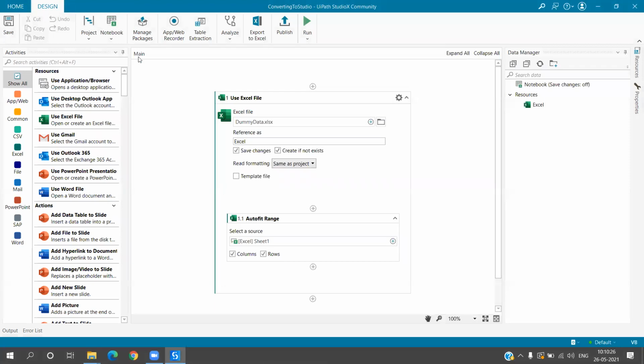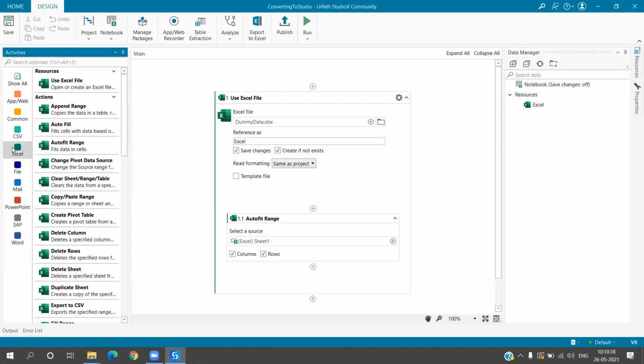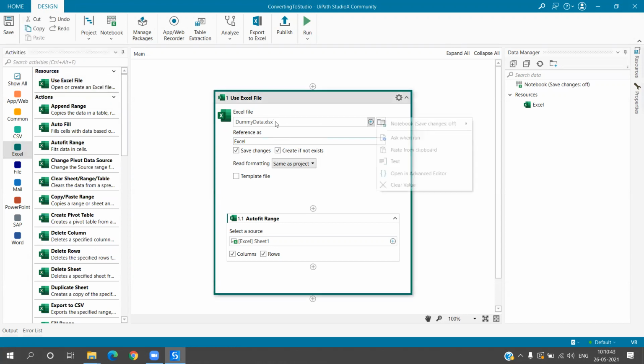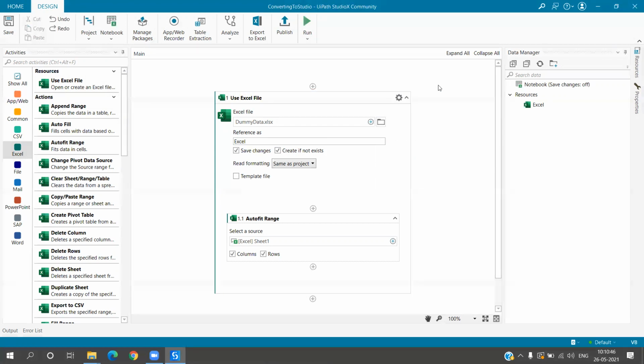Now over here, like in Studio where we have our Excel application scope, here we have Use Excel File, and there is a reference object always created that you can use. If I go over here in Excel activities, there is this activity Use Excel File. Here I have directly given the path of my file, right? I have not specified arguments because you see there are no variables, arguments or imports panels available over here. So you need to just select any random file that you want to make the formatting proper.